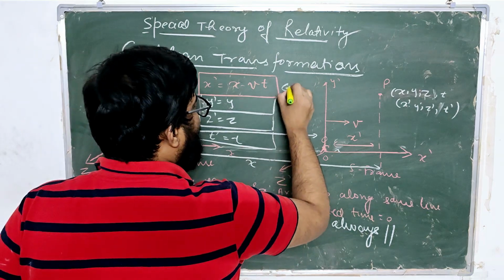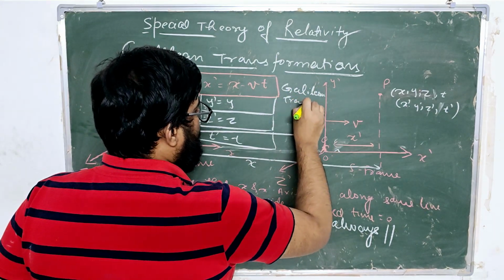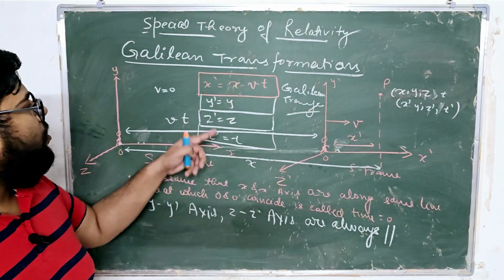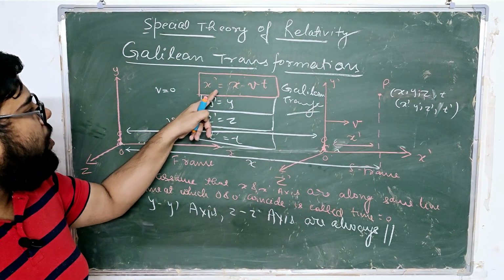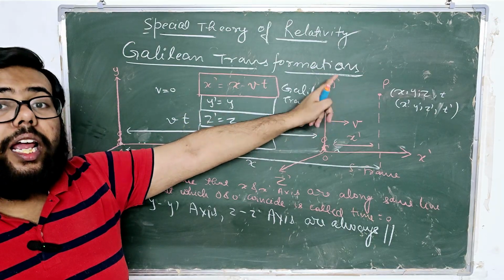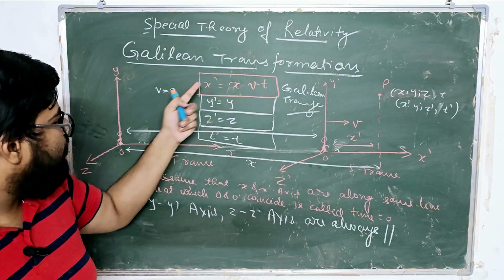So this is called Galilean transformation. Okay, so this is the calculation of the coordinates of particle P according to the measurements taken by S